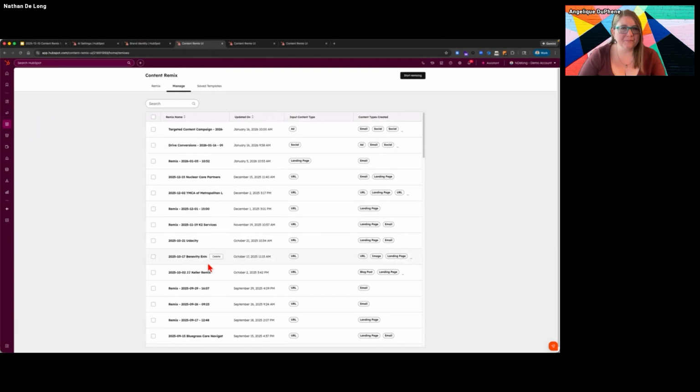Manage. This is where all of your remixes live. You can give these names that are hopefully better than here in my demo portal. I tend to use these all the time. One really important thing, this is a demo portal. It is not nearly as organized as a real HubSpot portal should be. Just like with any asset that you have, remixes should have a naming convention, and ideally something like this, where we have the date, the name of whatever this is doing, and any other pertinent information that's important for you.